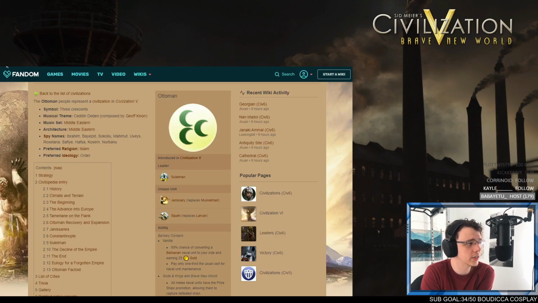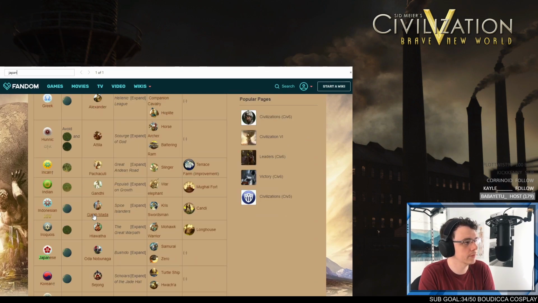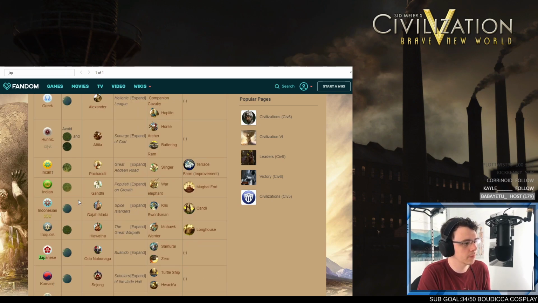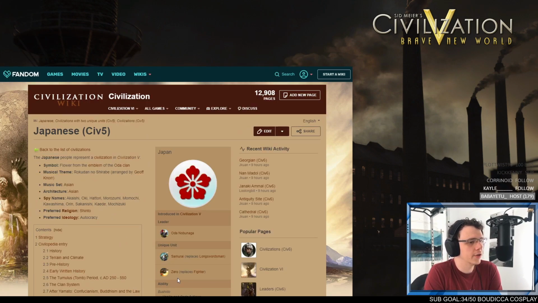Japan, I like the 0. Where's Japan? There's Japan. A unit that doesn't expend oil is really strong. This is super not impactful. It's a difference of like 5 to 10 damage. It's not good. And I don't even know that...